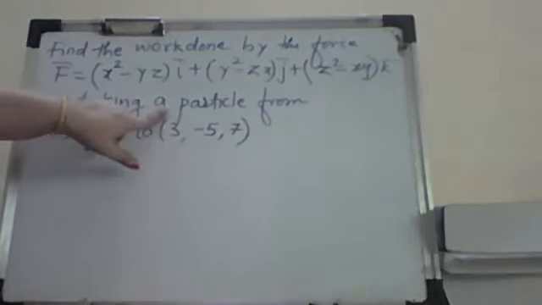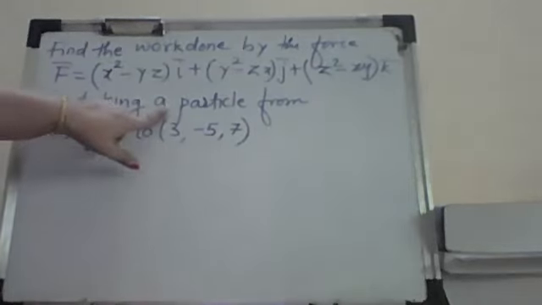Now, here we'll try to observe this line integration. What is my line integral? F bar dot dr bar. And one more thing, this is an open path, it is not closed. So over the curve C, it is (x square minus yz) dx plus (y square minus zx) dy plus (z square minus xy) dz, over the given curve C.